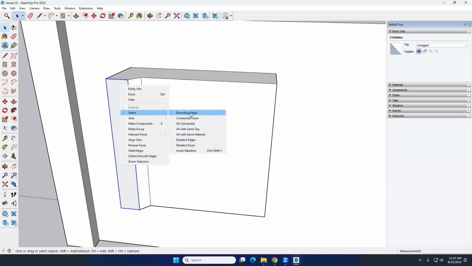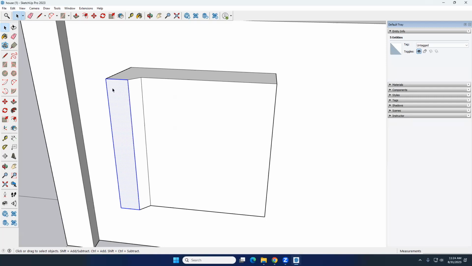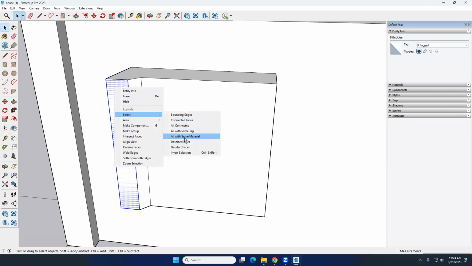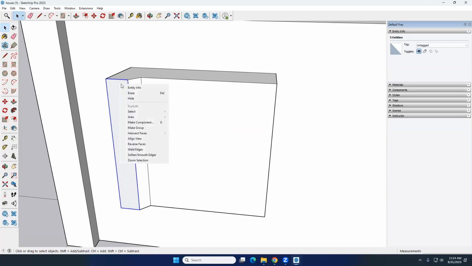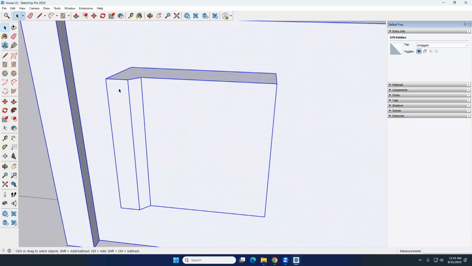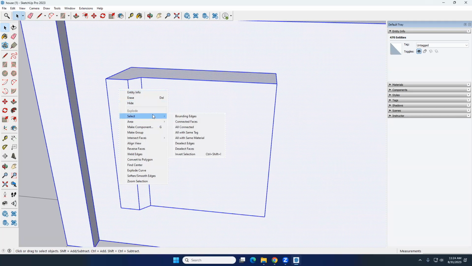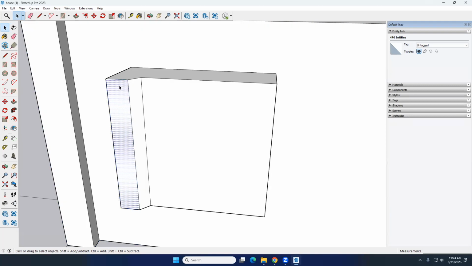I can select bounding edges. You click, and actually it's already getting selected. So I can select all the same material. Okay, selected. So there's a whole bunch, all connected. That's all connected. So one thing you can do is select. That's one thing, okay? But for today, what I want to show you is